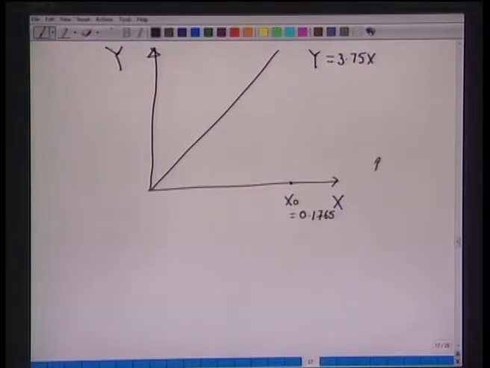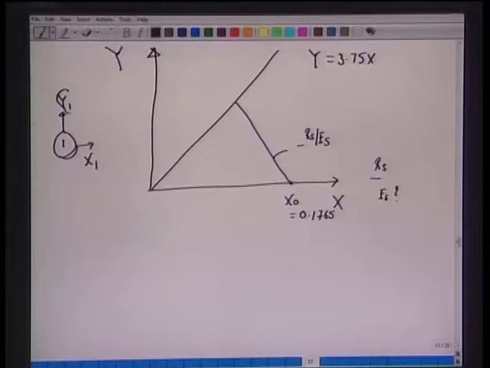We know RS, right, but we do not know ES. ES is not known to us. That means we cannot draw this operating line, which has a slope of minus RS over ES. And the two streams which leave stage 1, y1 and x1, we know they are in equilibrium, but we do not know y1, nor do we know x1. So, this point is also not known to us.